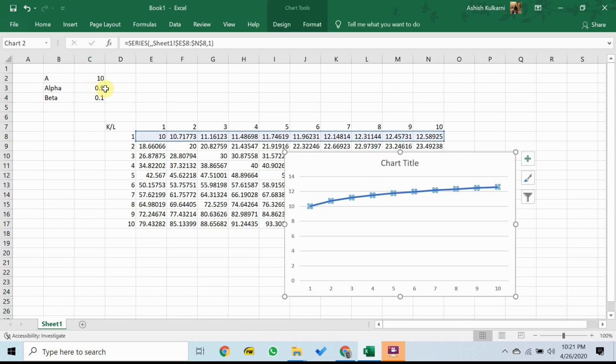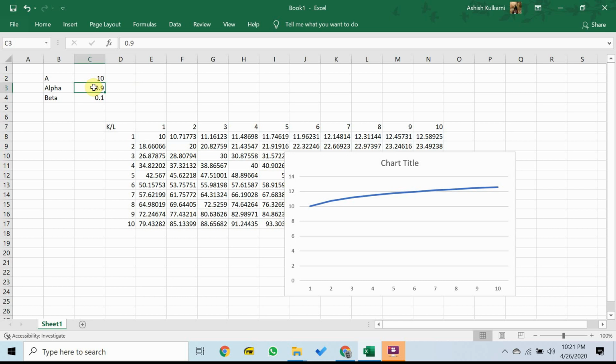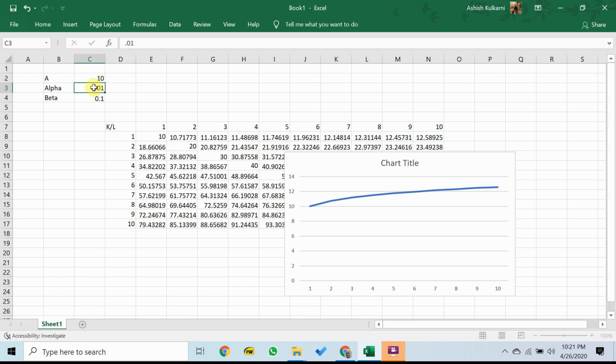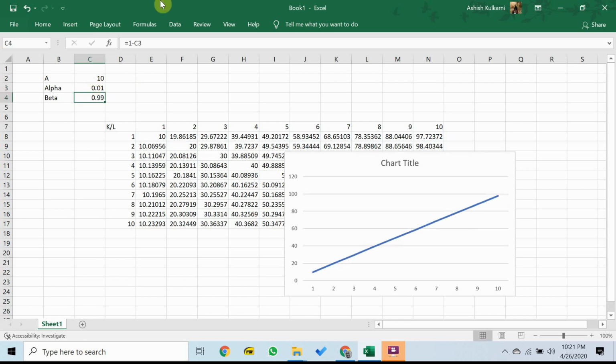Right? And if I were to make labor much more important, so I were to make this 0.01, wow, then it's an almost straight line where labor is concerned. When I 10x labor, output also goes up by a factor of almost 10, 97.72372. That's the simplest way possible to generate a Cobb-Douglas production function using nothing more complicated than Microsoft Excel.